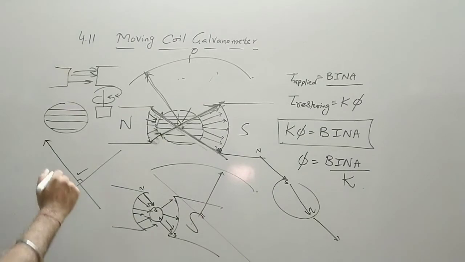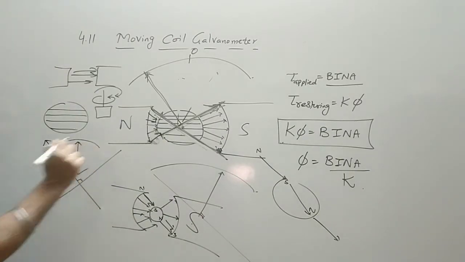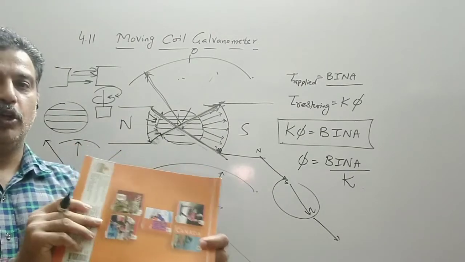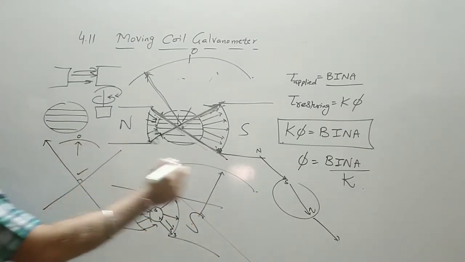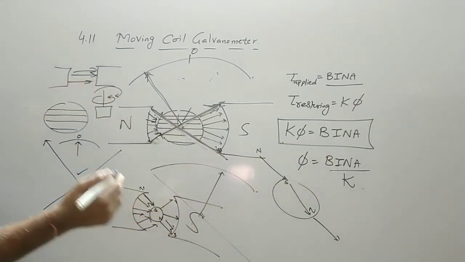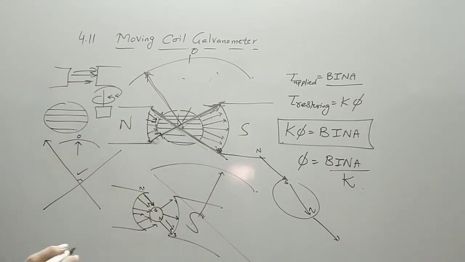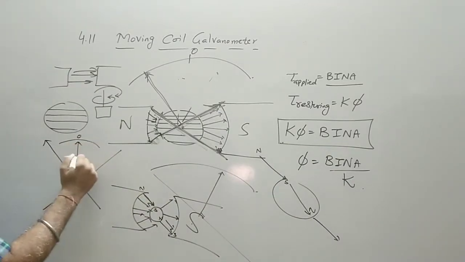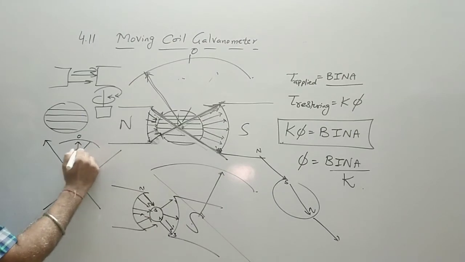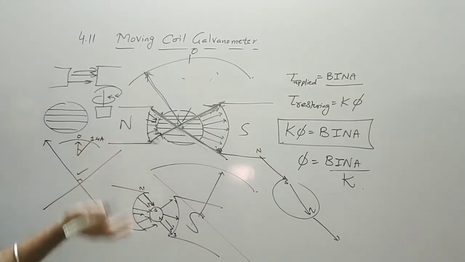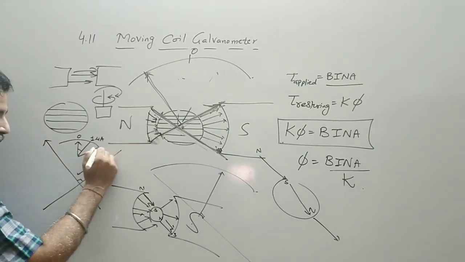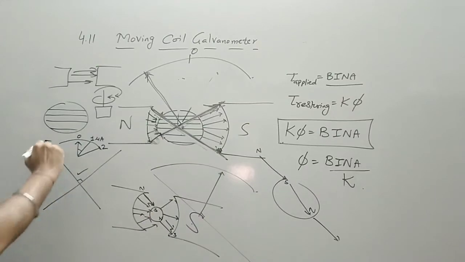So how will I calibrate? The pointer initially will be at 0, the coil will be like this initially. Then if 1 microampere is passed and say the angle comes out to be, let us take a large value, 10 degrees. So at 10 degrees I will label 1 microampere. Then I pass 2 ampere current, find out phi. Then I put the calibration to be 2. Like this the calibration is done on the scale.